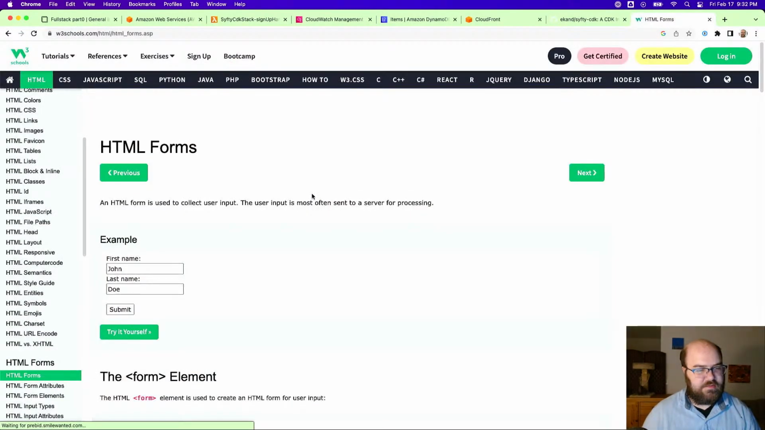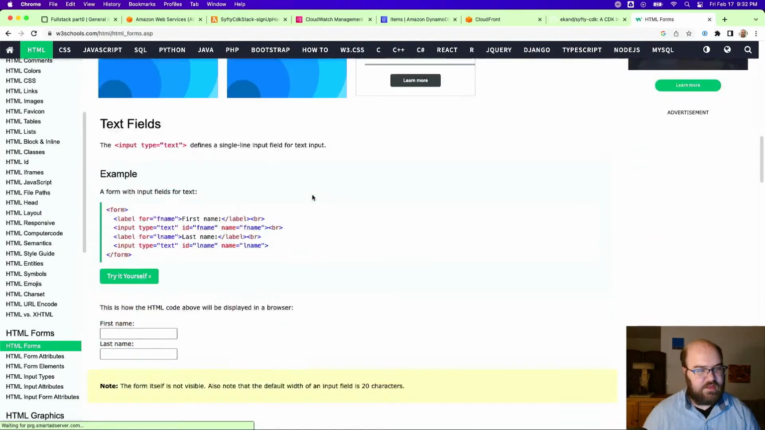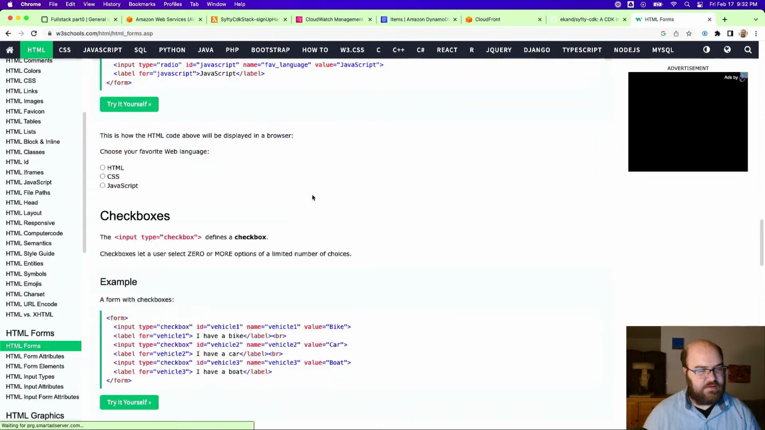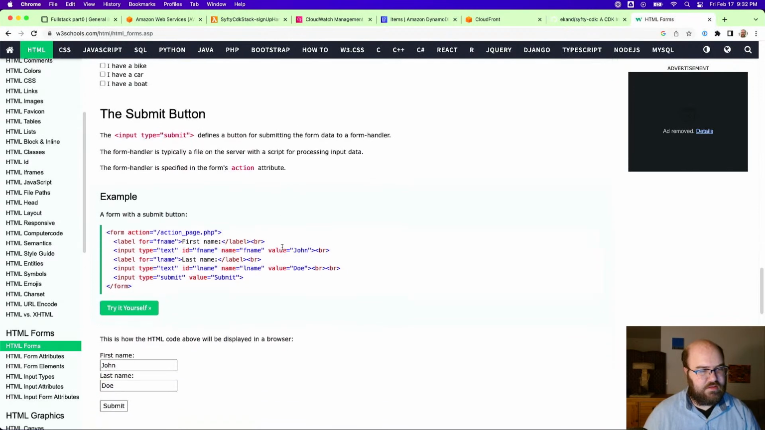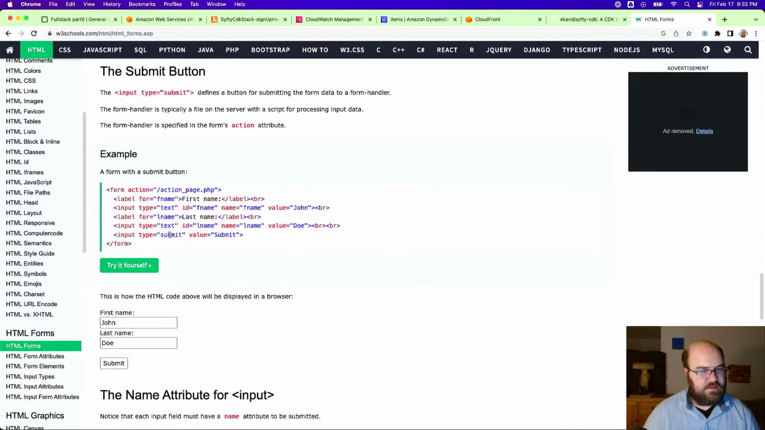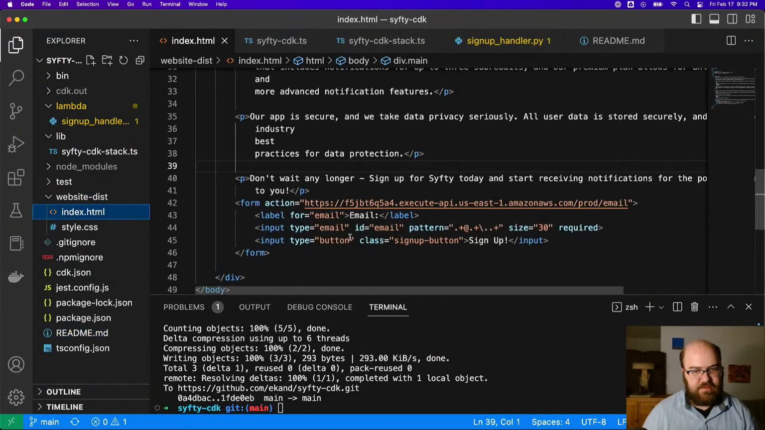I've heard bad things about W3 Schools, but whatever. All right, where's the form radio buttons? I don't care about radio buttons. I want input type equals submit, value equals submit. I don't know if that matters, but